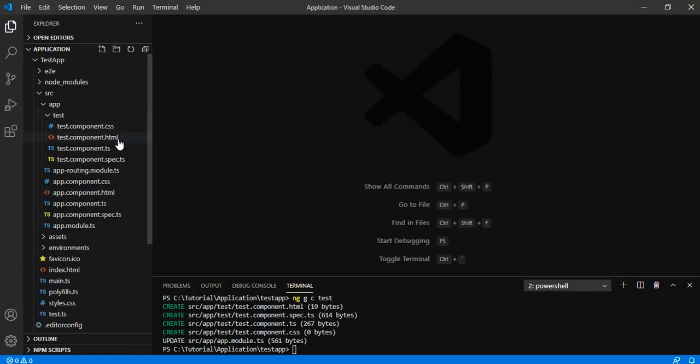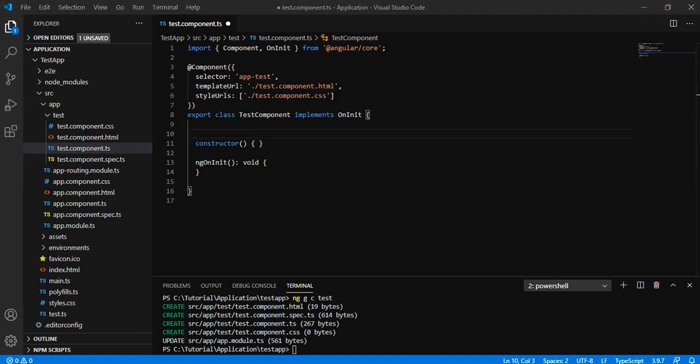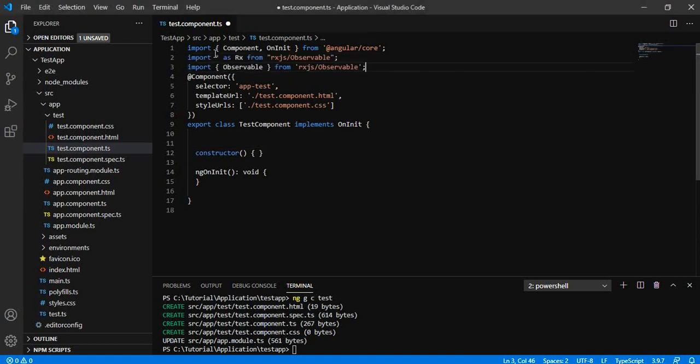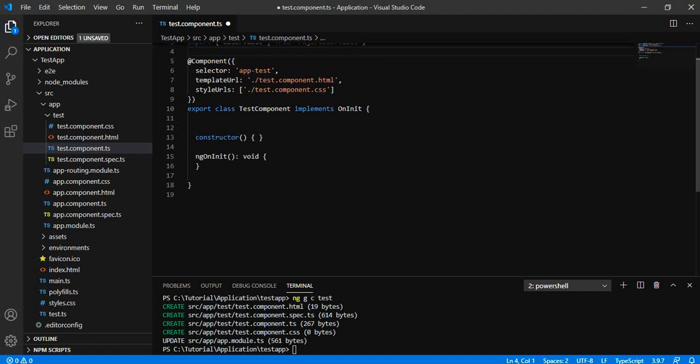Now I will add some logic that will demonstrate how we can utilize the next, error, and complete methods of the observable. Let me define the observable with the help of the create method. Thereafter we will see how we can better utilize the three methods that are provided by the observable.